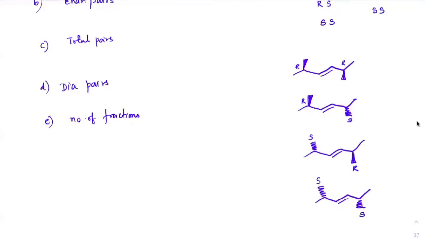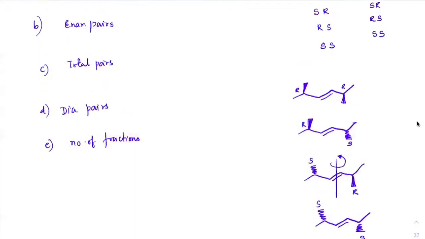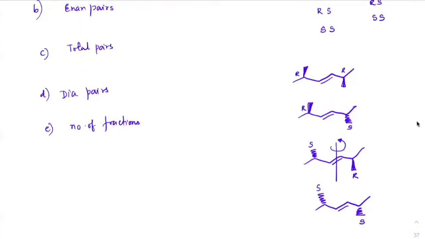Clear? Now, can you observe these two? Are they same or different? With respect to this, just rotate 180 degrees, bring it here. You will get the same molecule. You have not changed trans. Trans is being trans only. RS and SR will become same. So the first and last one also identical? No, they are different. They are enantiomeric pairs. You can't superimpose them. Observe carefully. They are enantiomeric pairs. But these two are not. These two are same.